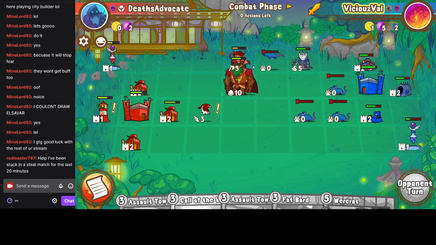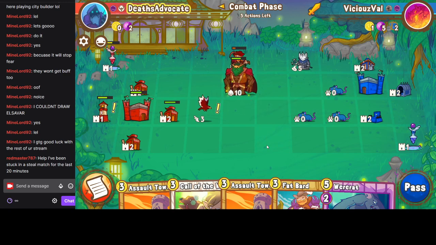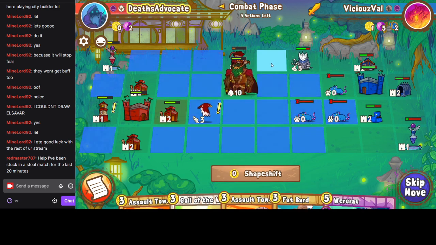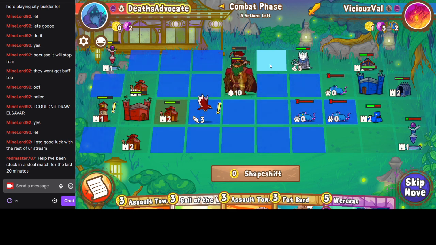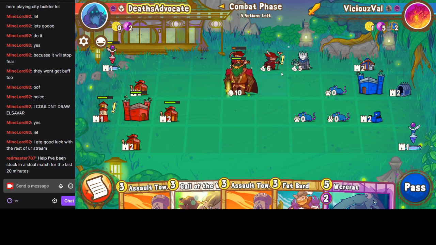Well, maybe not. He's doing some serious damage to my Fat Bard here. So what I'll do is I will move Emergen over here. There's a lot of finicky things with Emergen. If I moved her here and then transformed, I would lose my action. But if I move her here and transform, she'll have an attack target, so it won't automatically skip her action. So I'll move there, we'll shapeshift, and now we decide whether...